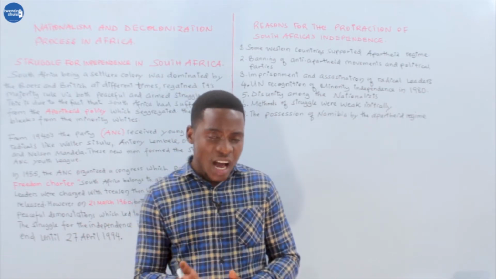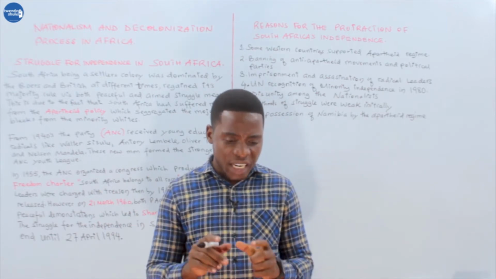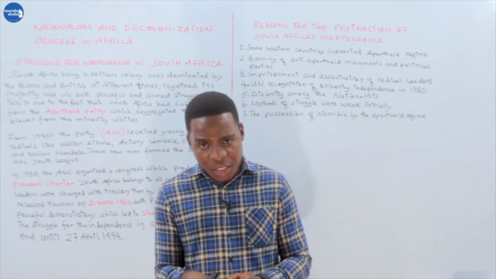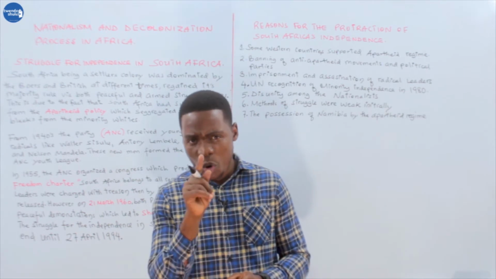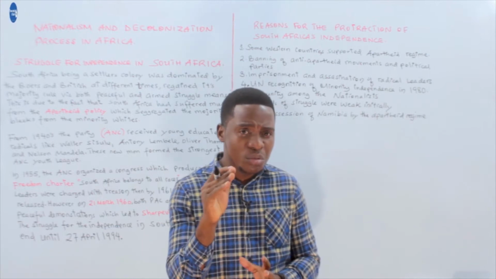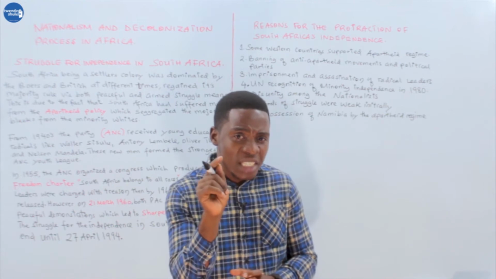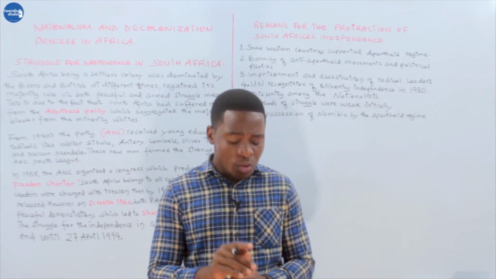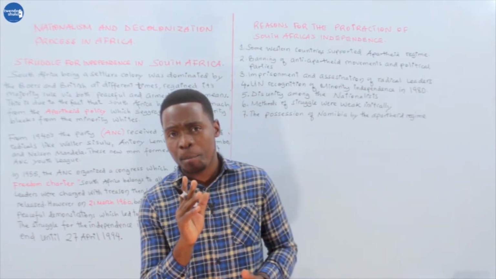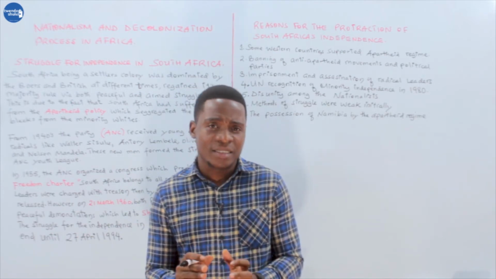they introduced a new system which started to segregate and discriminate against the natives of South Africa because of their race. You know, when someone wants to discriminate against you or segregate you, they must identify you according to a certain criteria you have. So first, they started to identify people according to their color. The people now were judged according to their color.